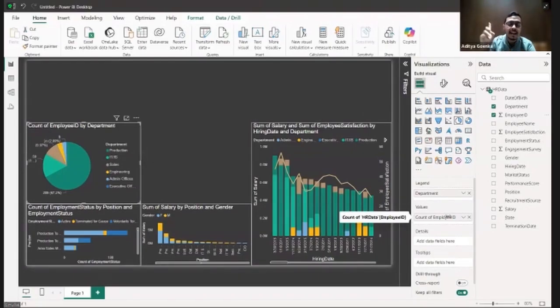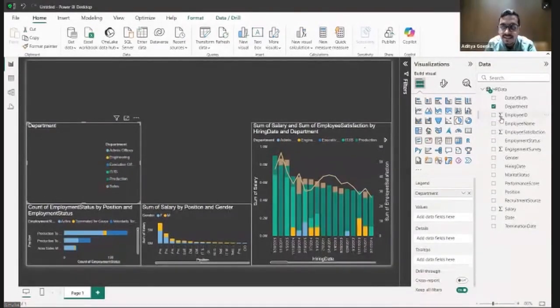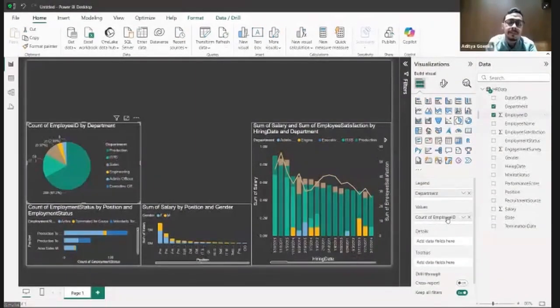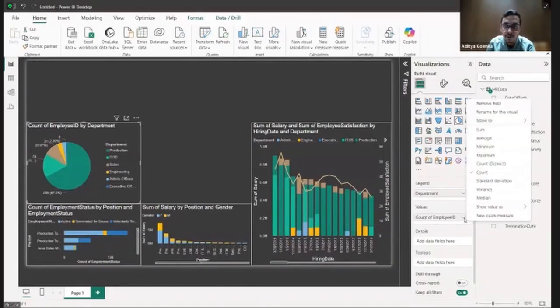Okay, guys. By the way, I want all of you to just focus over here once and see what exactly happened. Okay, over here, guys, this is sum of employee ID. When I drag this and put it over here, Power BI automatically changes it to count of employee ID, not sum of employee ID. This is the AI magic which is happening in Power BI. Power BI is smart enough to understand that sum of employee ID will not mean anything over here. You will need to figure out what is the count of employee ID.